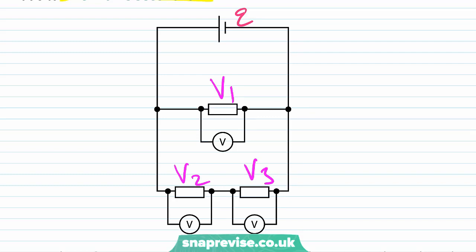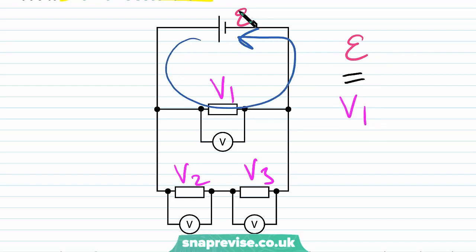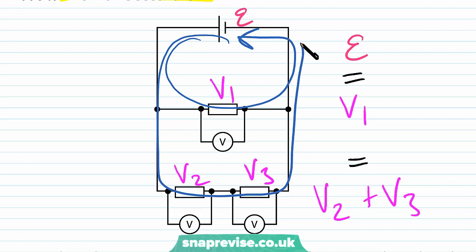resistors. And Kirchhoff's second law tells us that the EMF provided is equal to V1 because we're considering this first loop here. And we've said the EMF provided in that loop is equal to the potential differences across the components in that loop. So the EMF is also going to be equal to V2 plus V3. And that's because if we consider this loop here, the EMF provided to that loop is still E. But now in this loop, we've got two resistors. So we need to add the potential differences across both of them together, which is why we've got V2 plus